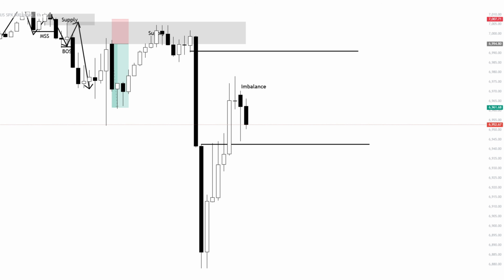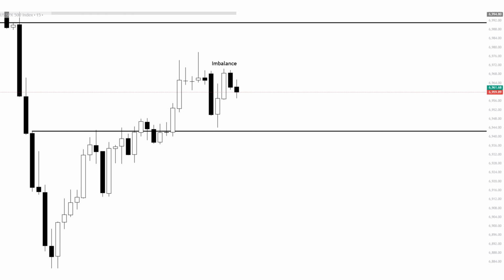Now, when the price enters into the imbalance, we get into a lower time frame, exactly like we've done on the last market, but this time it's done on lower time frames. So given the fact that this is the 1-hour chart, we're getting into the 15 minutes. Last time we started from the 4 hours and entered into the 1 hour. So this is the same price, same market, but the price action is seen in more detail being in the